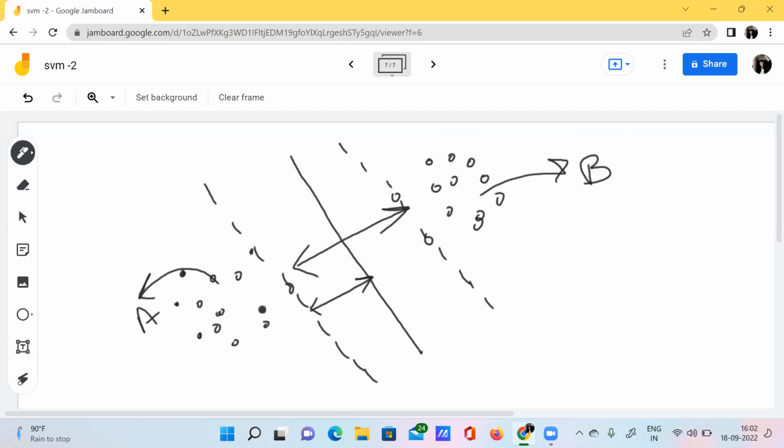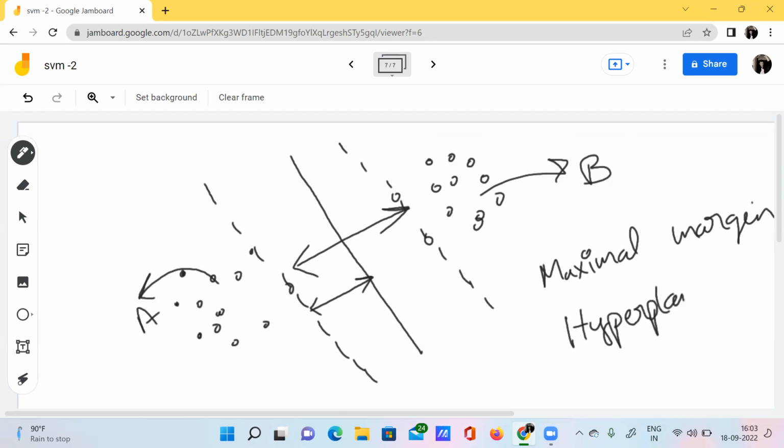So this in total forms a maximal margin hyperplane.